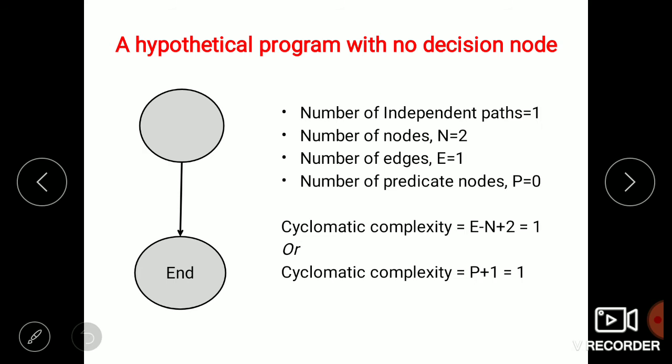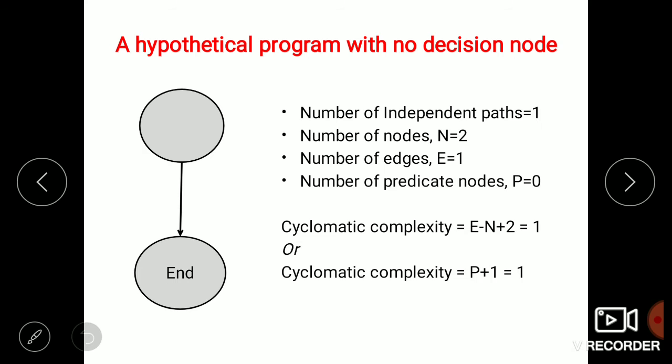Within this diagram, this is a hypothetical program with no decision node, which means we are not including any predicate or decision points. It is a simple program which contains only two nodes and one edge. Two circles mean two nodes and one arrow means one edge.